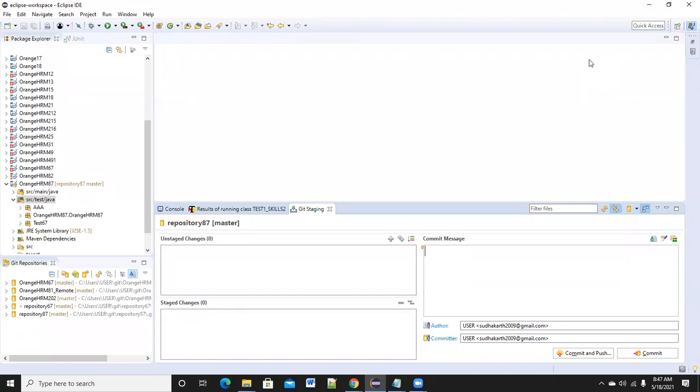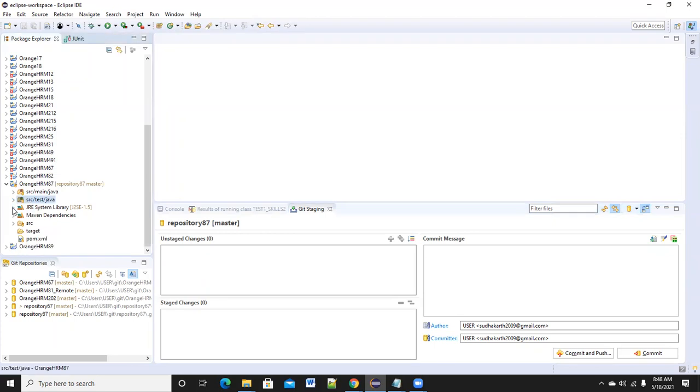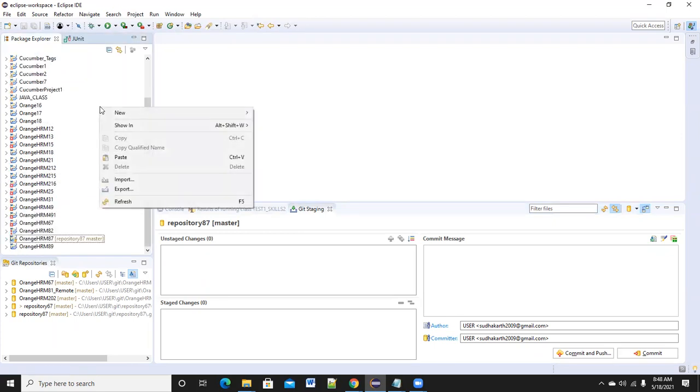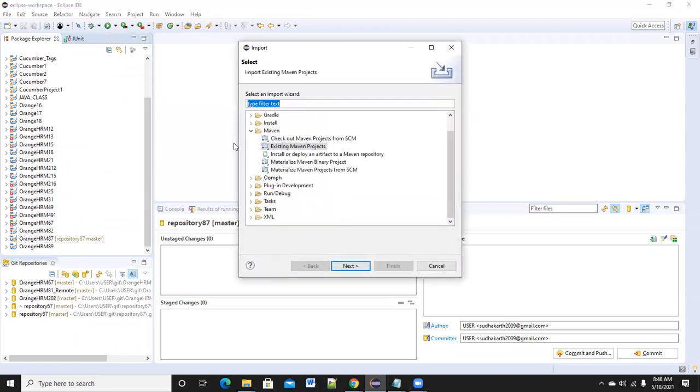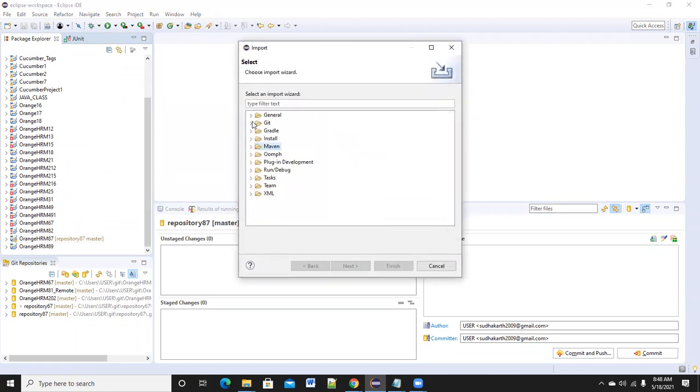So now we have understood in today's class how to import the source code from a GitHub repository. The first case we have seen: if you want to import, if you want to get the latest code,